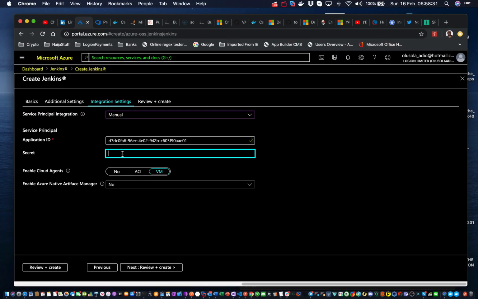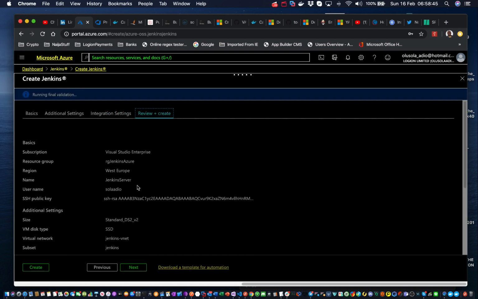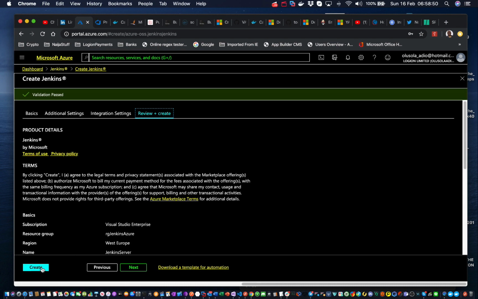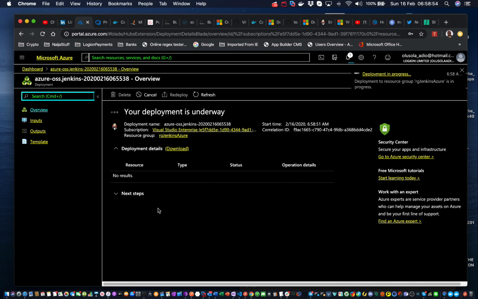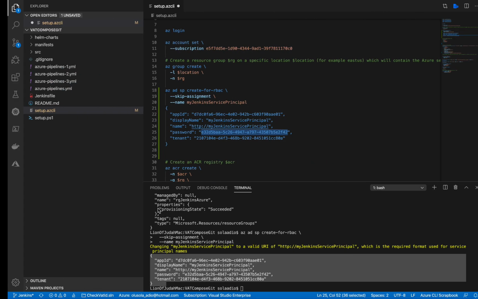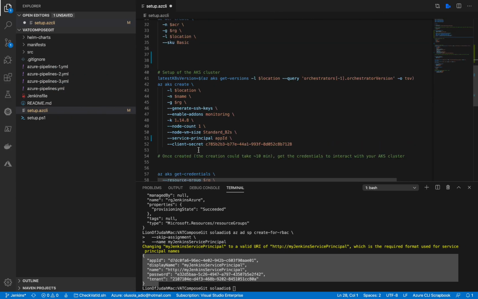We'll put that in here. So that's the password. It's going to deploy the Jenkins with this service principal. So let's review and create and see if it's going to validate. Oh yeah, validation passed, so we can go ahead and create. It submitted it for deployment, and we'll leave that to chug away while we continue with creating our objects